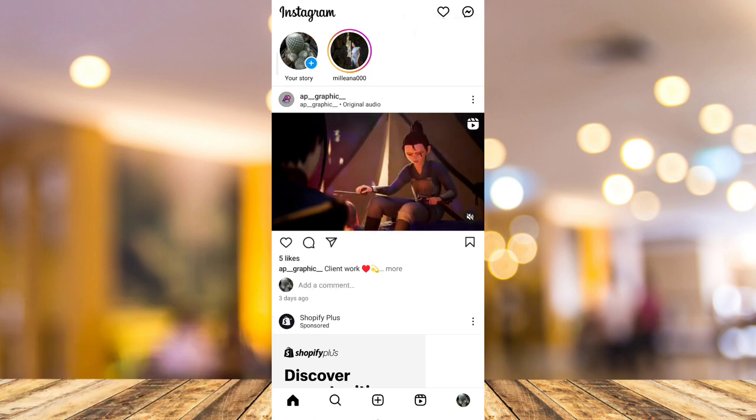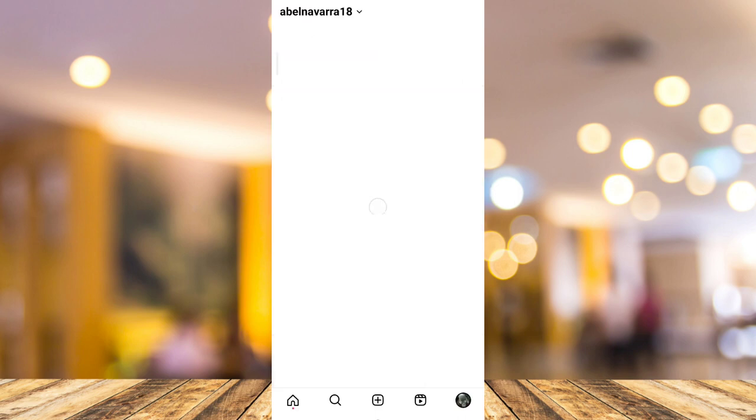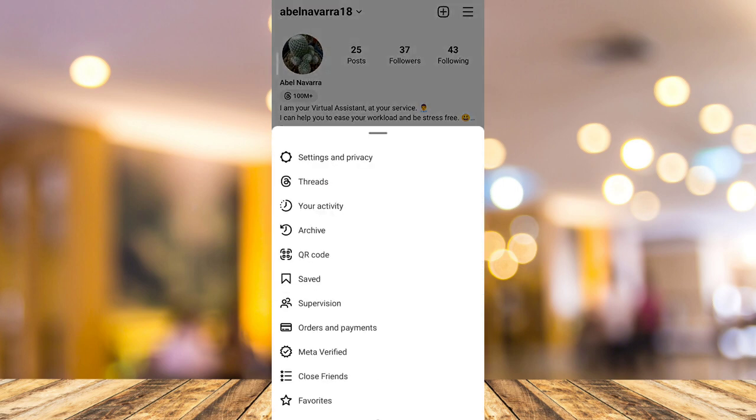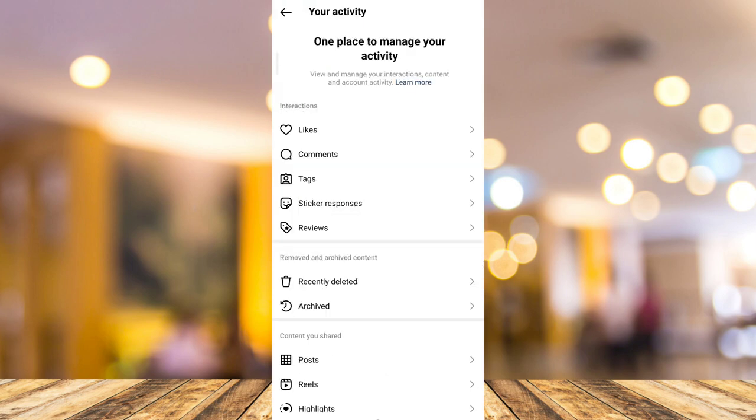So open up your Instagram app and then tap on the profile icon at the bottom right corner. Now here on your profile page, tap on the three lines at the top right corner and then tap on this Your Activity button. And then right here, just need to scroll down and then want to find that recent